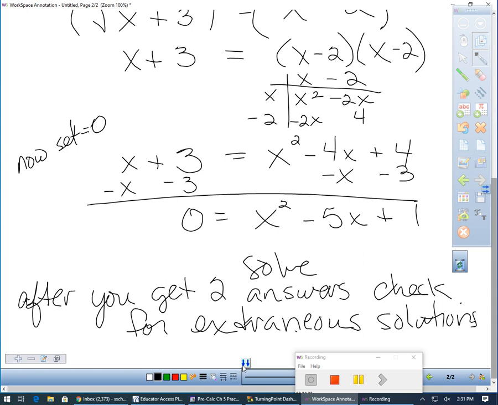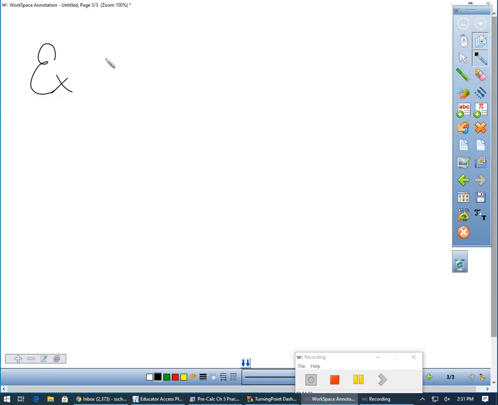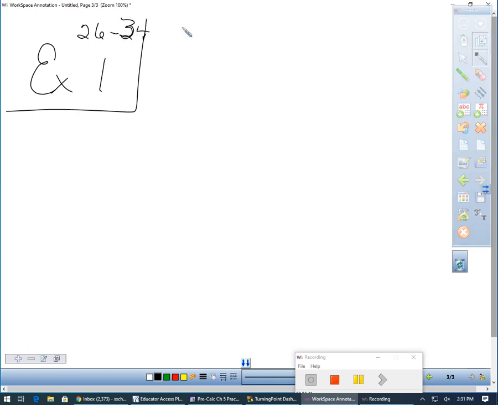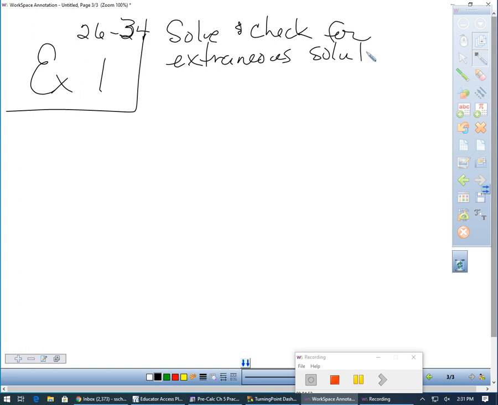Okay. So this is the first section. So let's work with this first. So here we go. Example number 1. This is what you are doing for 26 through 34. It's going to say solve and check for extraneous solutions. All right, here is our first example. Let's say I have the square root of 5 minus x equals,